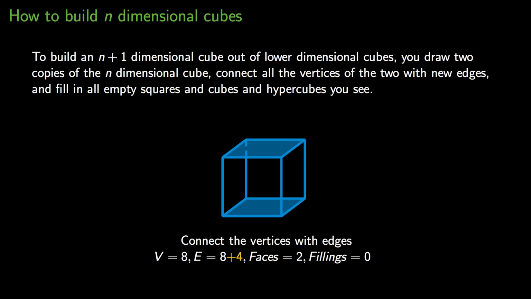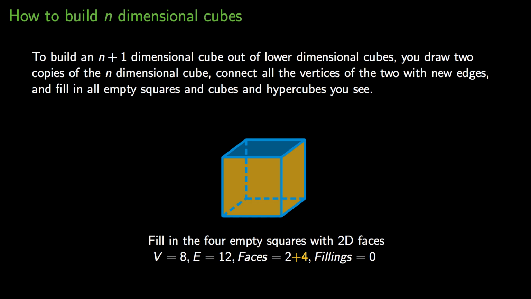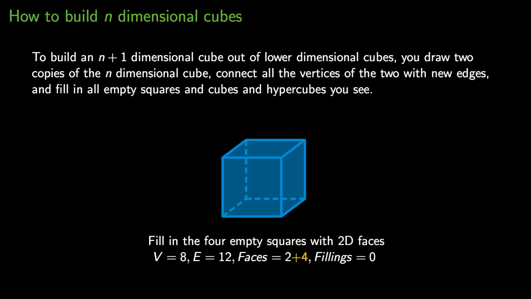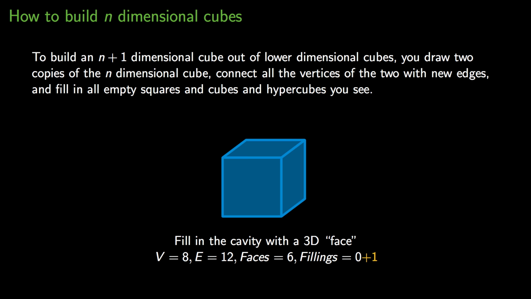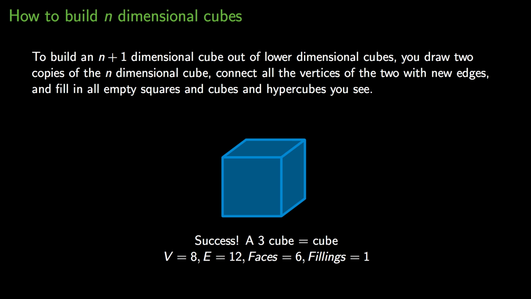There's 4 of them, and we're actually going to fill them all in with new faces, and that creates 4 new faces. Now we have a totally closed off empty box, and we're going to be filling in that inside with a new 3D filling. And now you have an absolutely complete 3D cube, which is just a regular old cube. So if you followed along with all of that, let's use all of this awesome algorithmness to make a 4D